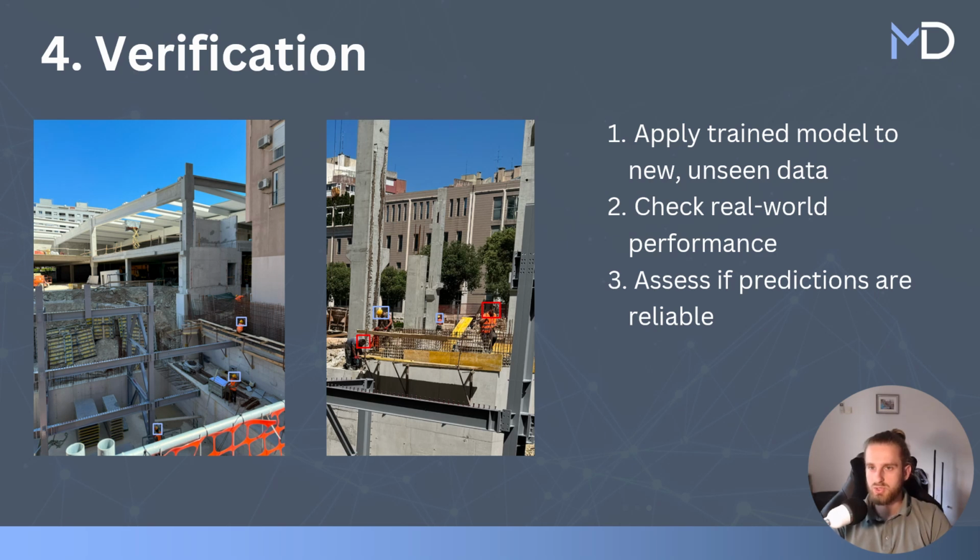These steps ensure the model is reliable in real-world settings, where lighting, camera angles, and worker positions vary. If it performs well, the model is considered ready for deployment, perhaps integrated into a smart safety system or inspection tool. This is the classic supervised machine learning pipeline. So first label the data, second train and test the model iteratively, and third and final verify it on unseen